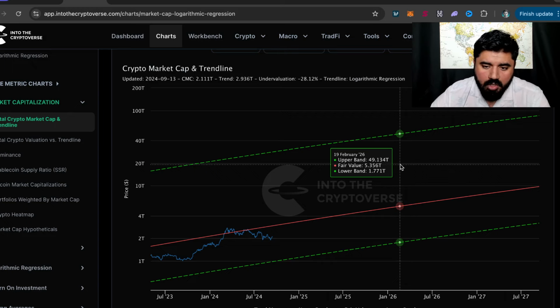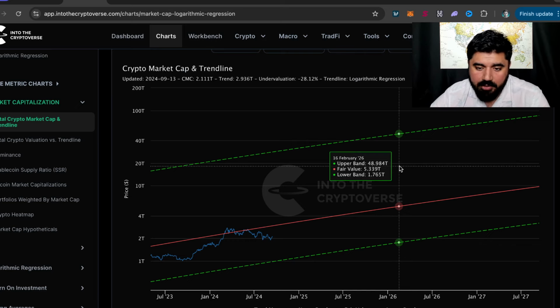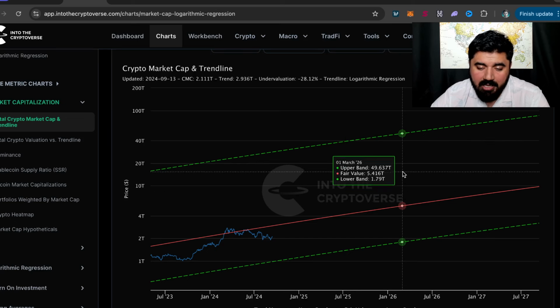So, I'm sorry, I'm confusing everything, but in the bear market the red line is what it would basically be. And if you broke below that, that's when you've got to be concerned. But when you look at this, what do you see? The upper band is going to be closer to 49 trillion. The middle band, in between the 5 and 49, you're looking at between 25 to 30